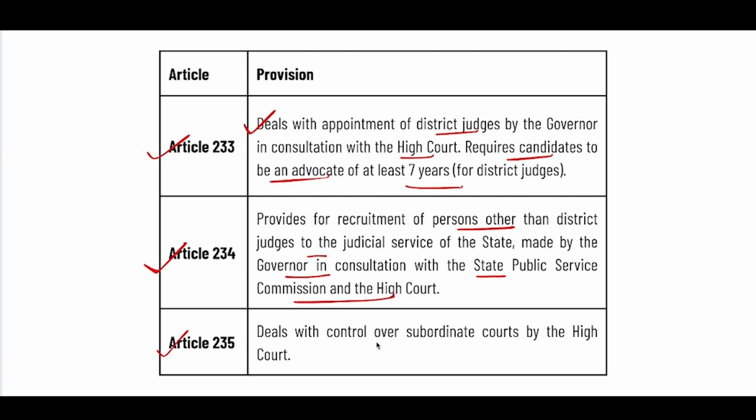Article 235 deals with the control over subordinate courts by the high courts. And so you can see the common name appearing everywhere is the high courts. Without the high courts, the government or the governor cannot proceed with the appointment or transfer of the district judges. And that is where the High Courts themselves together requested the Supreme Court to lay down a common rule across the country, which was laid down yesterday in the form of the judgment. And remember, any law declared by the Supreme Court is binding on all courts, which means it is now binding on all high courts. So all the high courts will have to follow this particular order.